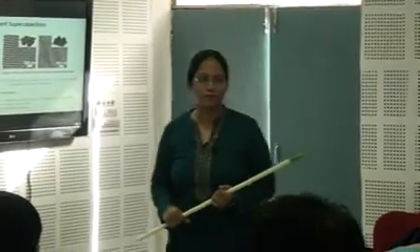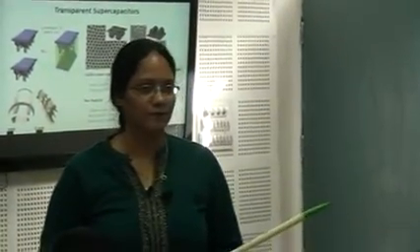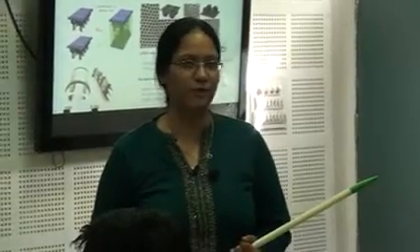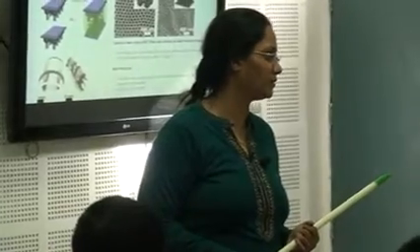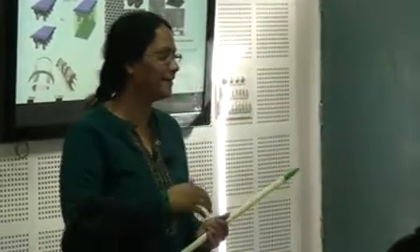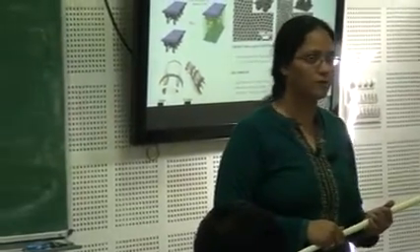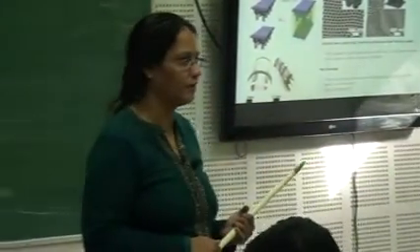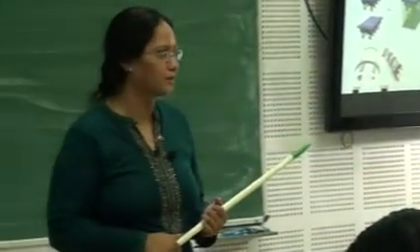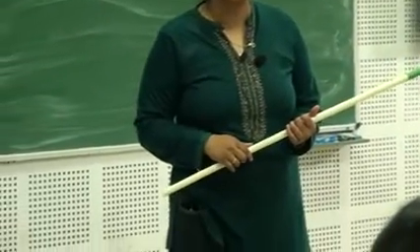If you have a single layer of graphene, you know what is the transparency of a single layer graphene? 90%. 97.3%. Okay? A single layer of graphene is 97.3% transmitting. And if you keep adding layers, the transparency decreases linearly with the number of layers. There is a lot of work on this, and this comes under the category of transparent conducting electrodes, right? So ITO, FTO, all these are transparent conducting oxides. Zinc oxide is also one example of a transparent conducting oxide.